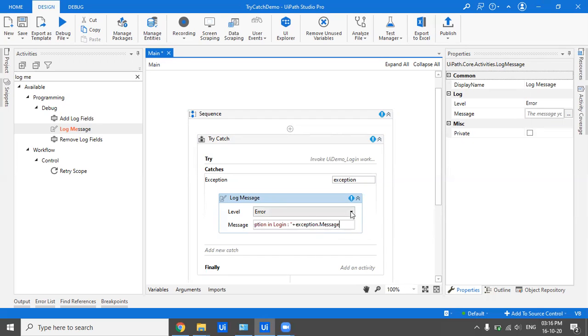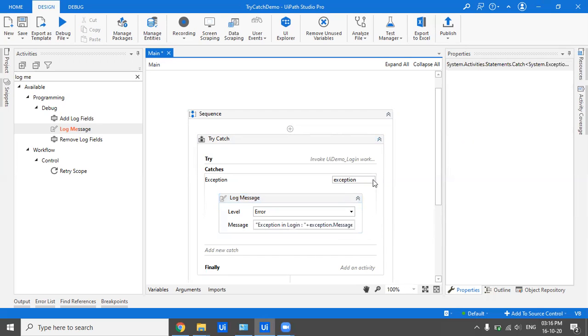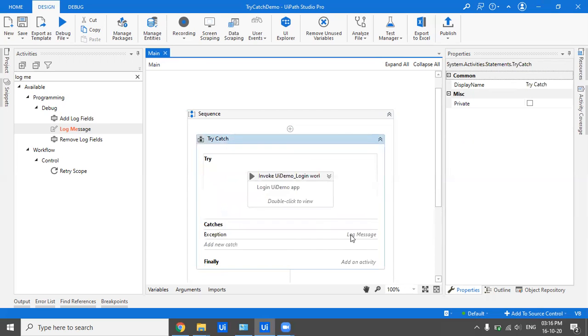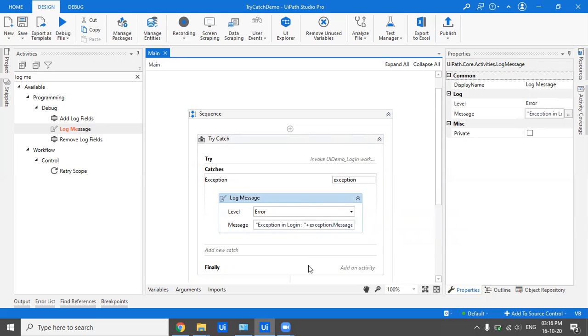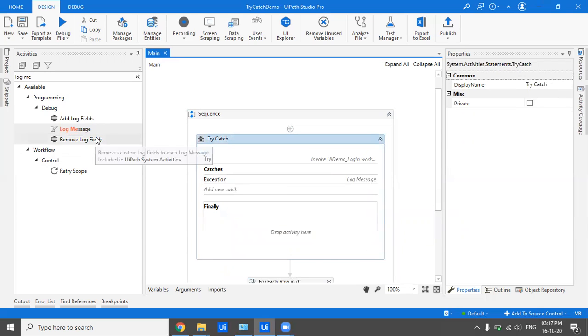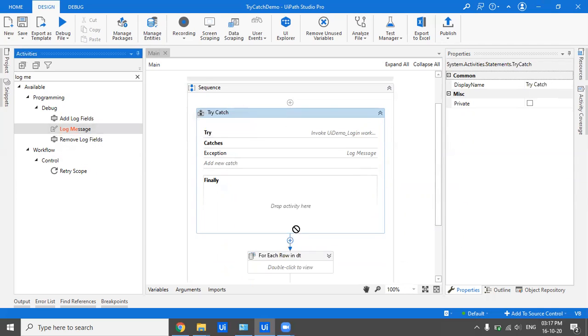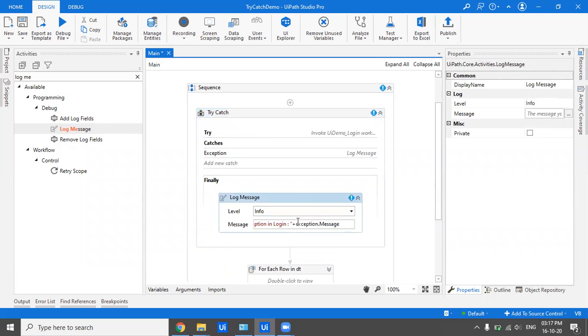So I've done this. Now if there is any exception in this try block, it would get to the catch block. The bot would log this particular thing notifying us that there was an exception, and then the finally gets executed no matter whether there was an exception or there wasn't. So it always gets executed. So I'll just write in the finally block.